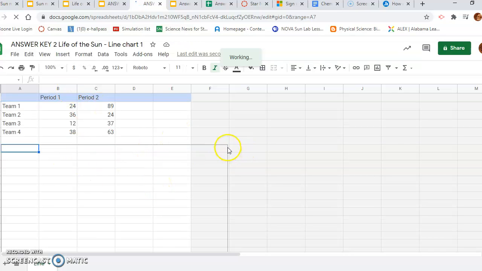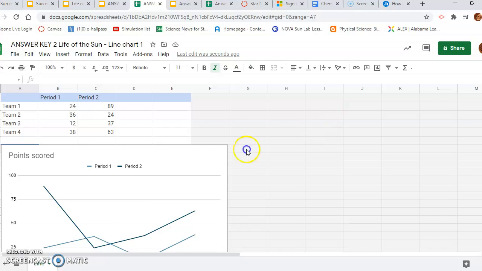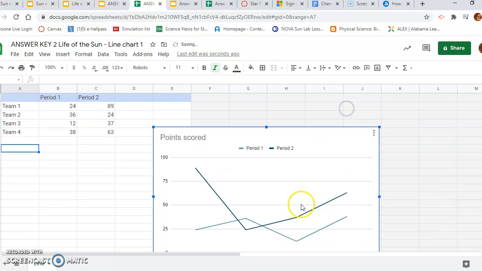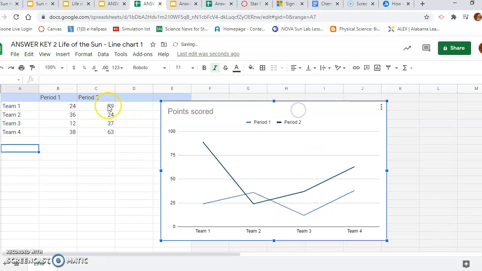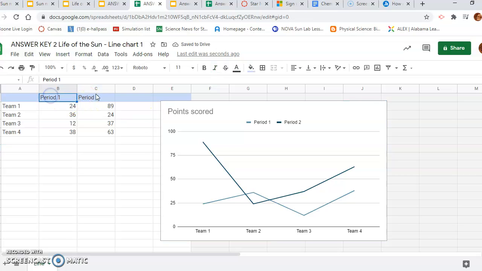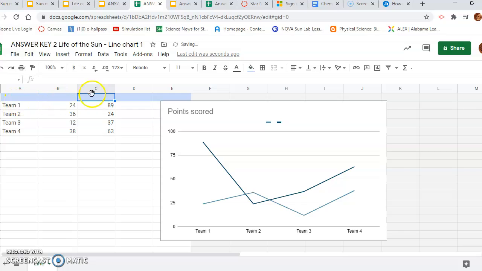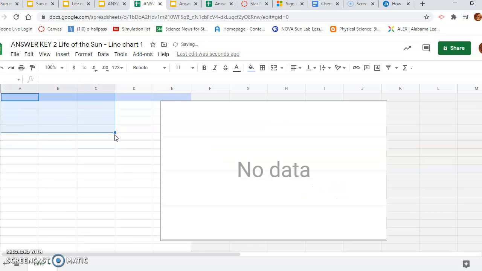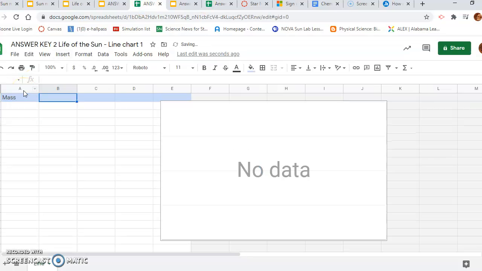all the information. Now, we don't need periods and points scored. This makes it be like basketball or something. So, instead of period 1, erase that and period 2. Actually, go ahead and erase everything here. So we are going to put, in this corner here, the mass and the lifespan of